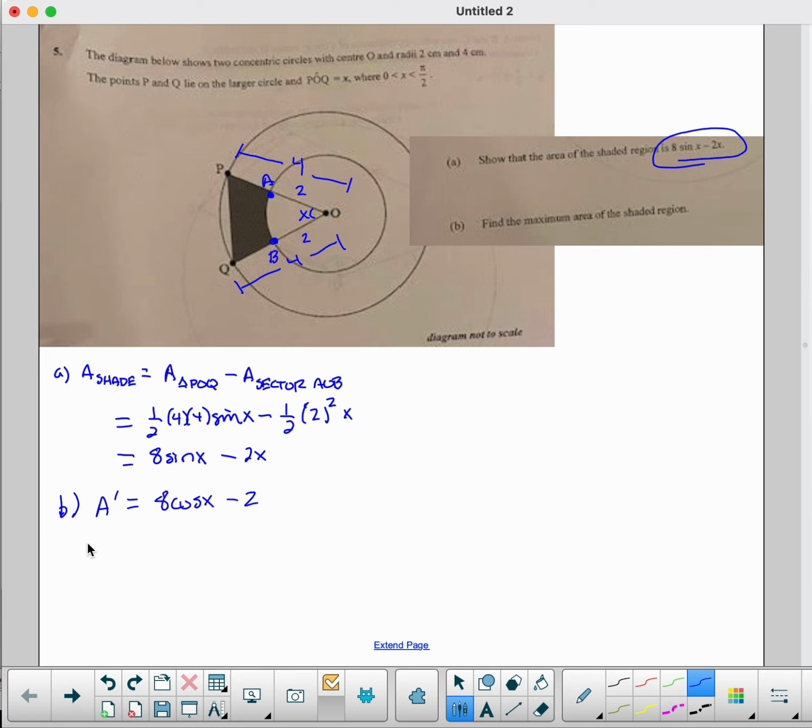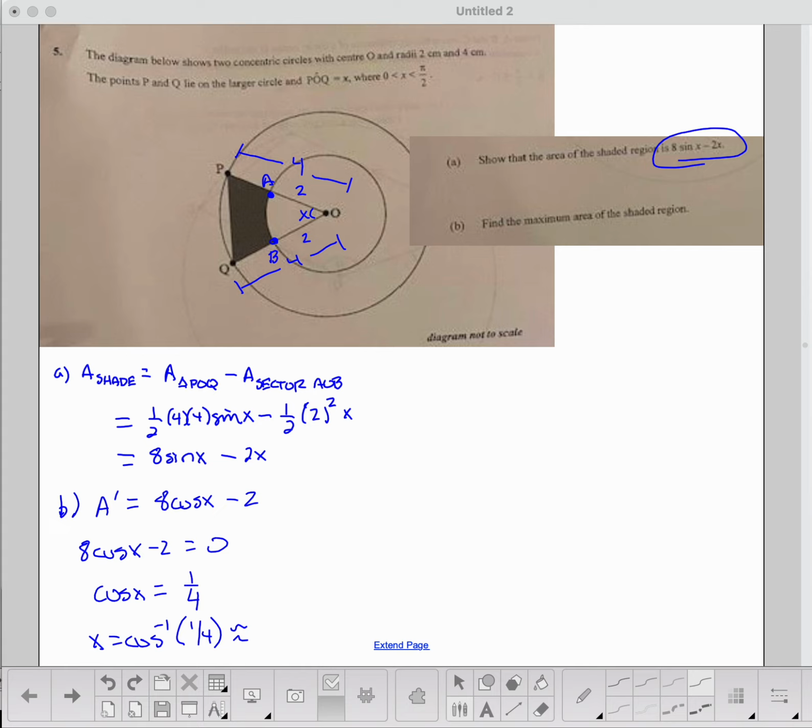That's the derivative. To find the critical point, set it equal to 0. We would get cosine x equals 1/4. And so then arc cos, this would be a calculator question for sure. Arc cos of 1/4 is approximately equal to